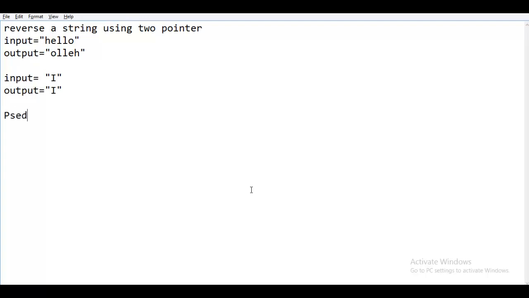So let us write pseudocode for this one as well. The first step, a simple thing: break the string into a character array.